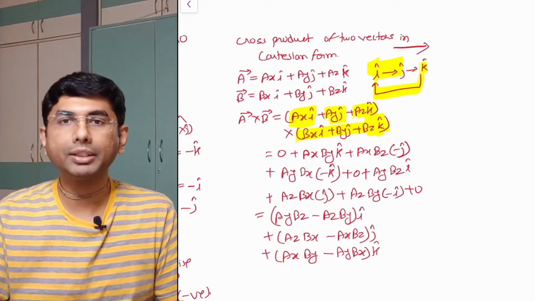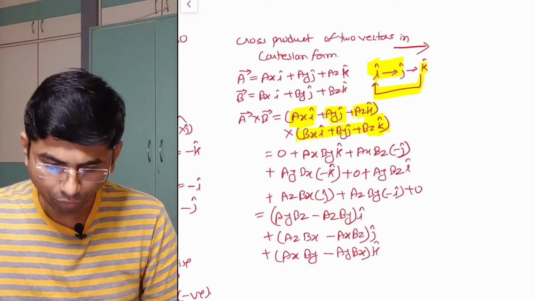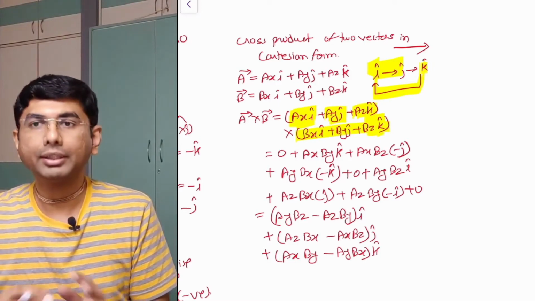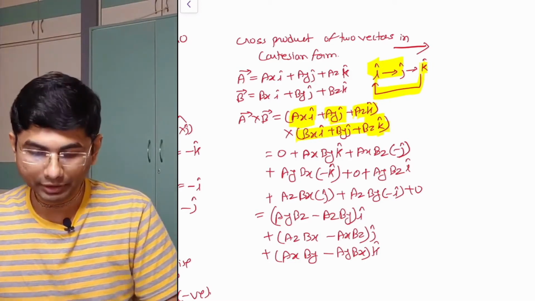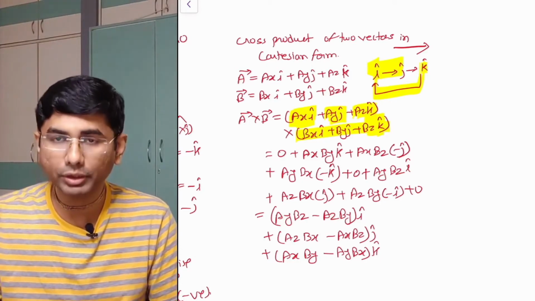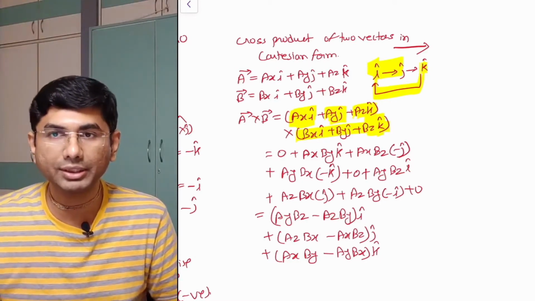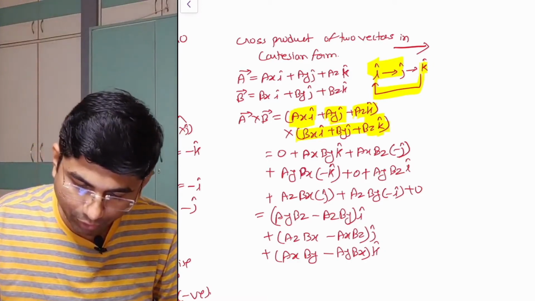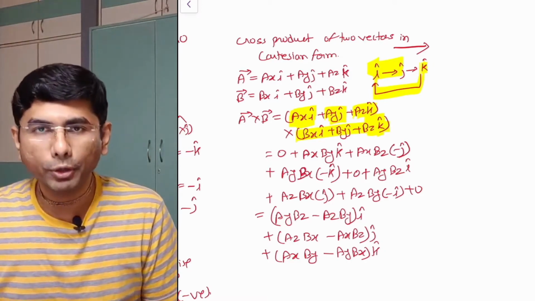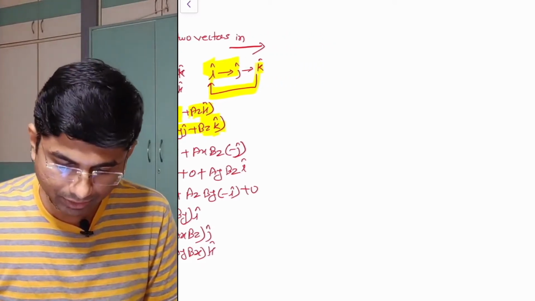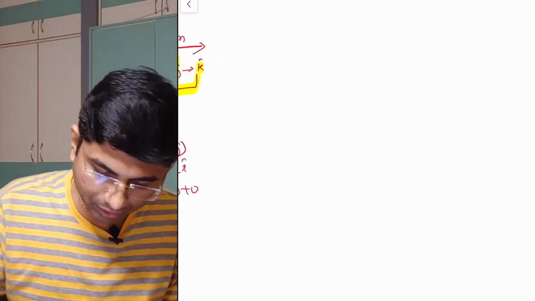Now to remember this may not be so easy. What we have to do now, this equation we can get by a shortcut method. Instead of doing this every time, you need not think about what is the sequence, what is the answer of the other unit vector, what is the direction, and what is its magnitude. That you need not be thinking. There is another shortcut method called the determinant method.